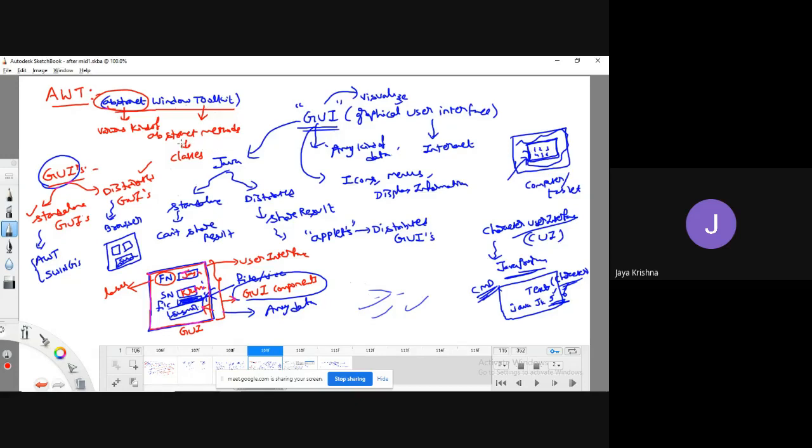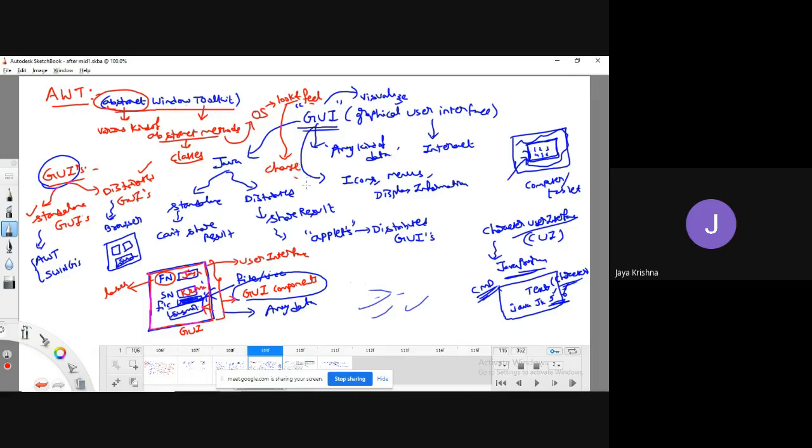If you execute these various methods in various operating systems, their look and feel will change.